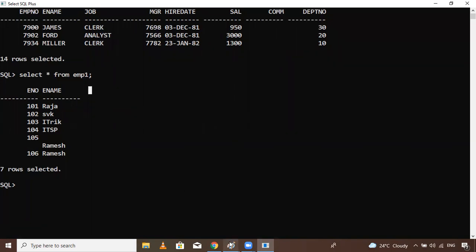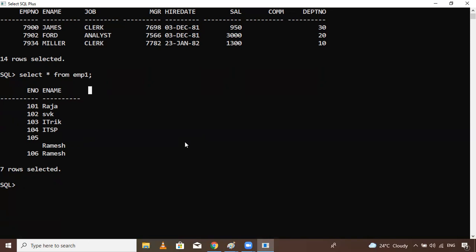We discussed it in the last class, I think last to last class, we discussed the alter and drop commands. So one alter command is there. Alter has three parts: add, modify, and drop. So by using the add method, we can insert one more column inside the table.